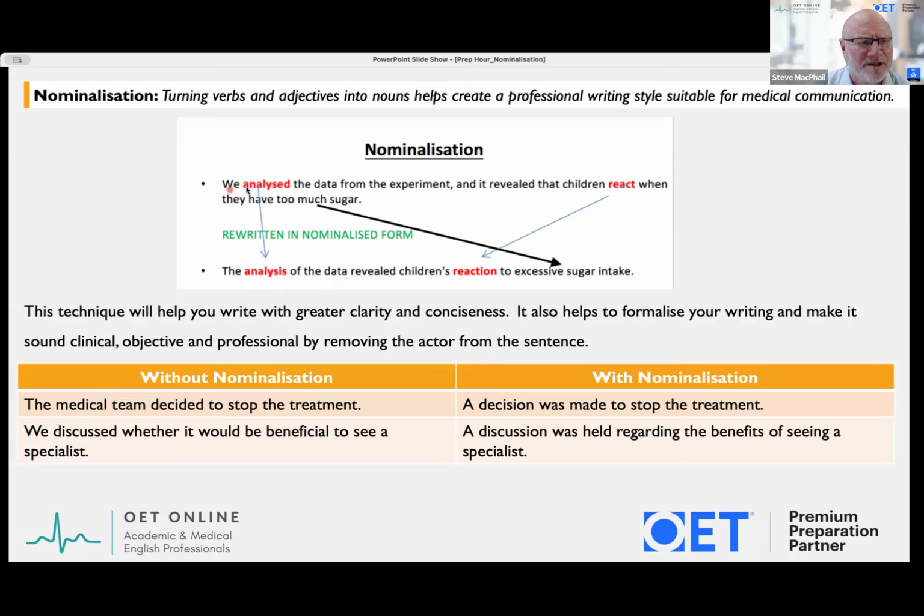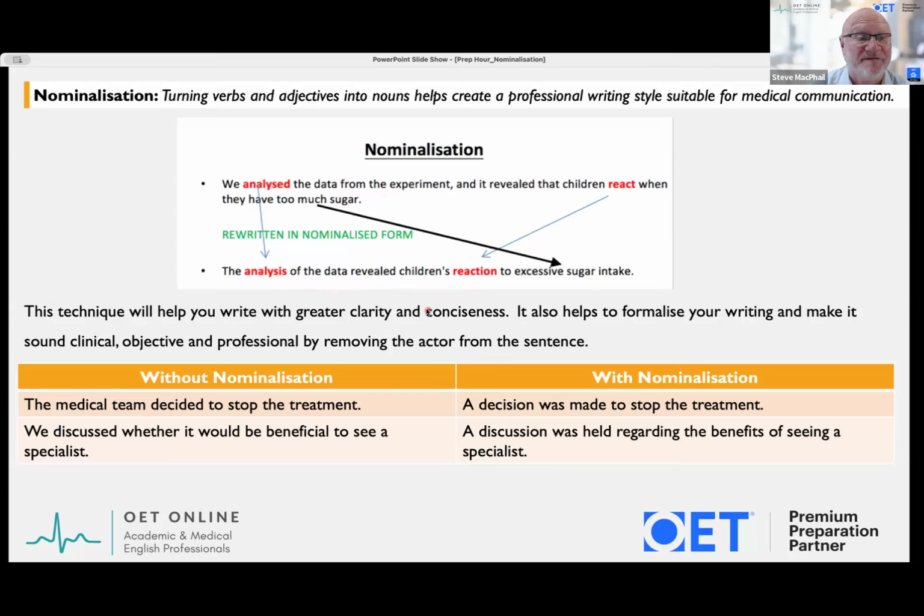So we immediately removed the subject we. The analysis of the data revealed children's reaction, react becomes reaction, and then to excessive sugar intake. Too much sugar, it's an adverb there, and it's informal. It's a little bit emphatic, which is not good. So children's reaction to excessive, it's neutral, excessive sugar intake. So all of a sudden it's formal. You'll also notice that the word length is almost half. So we've been able to reduce word length